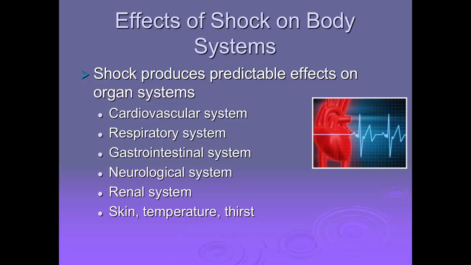When you're looking at the integumentary system, or your skin, their skin is going to show pallor in the skin, lips, oral mucosa, nail beds, and conjunctiva. Their skin will also be cool and moist. Later on, in late shock, they will start to develop edema. Looking at temperature, their temperature is often decreased. They usually develop thirst.